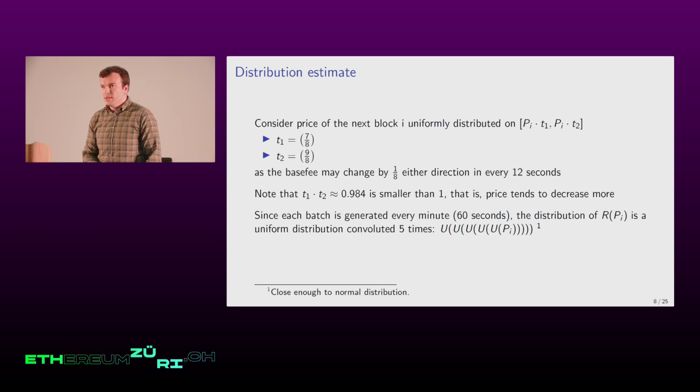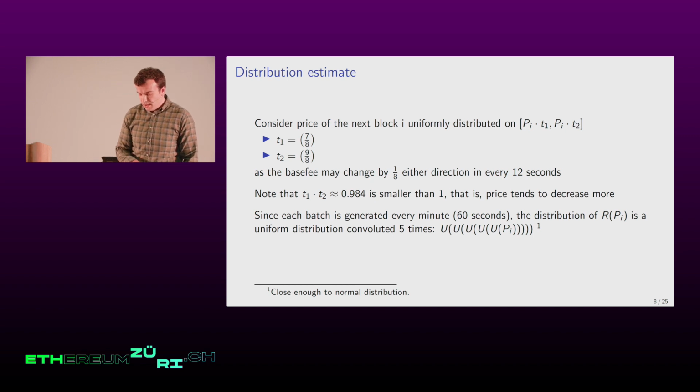So if there is maximum demand achieved, then the base fee is increasing by 12.5%. This is 1/8. If the demand was 0, then it decreases by the same amount. And we were assuming, let's say, in the next round, demand will be uniform at random,